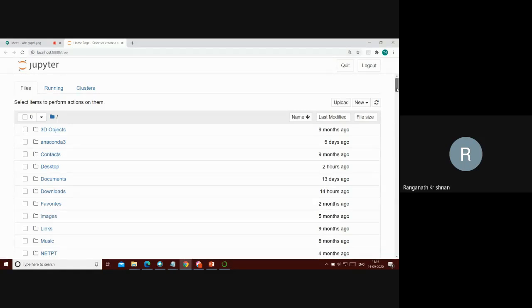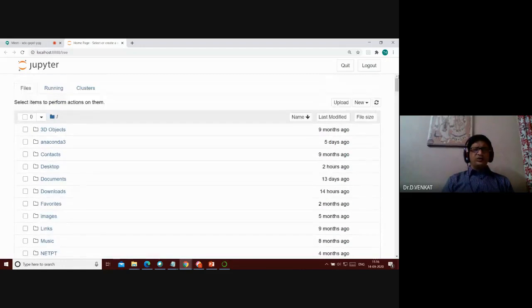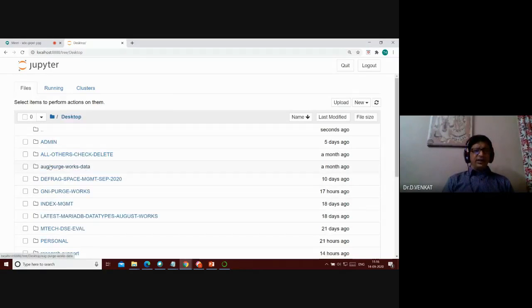Okay, go ahead. Yeah. So now by default it will open up everything from your C drive, wherever your Anaconda is installed, and from there only it will show. So basically, you can see all folders, everything, wherever you are trying to look. Suppose you are putting a file on your desktop, you can click the desktop.